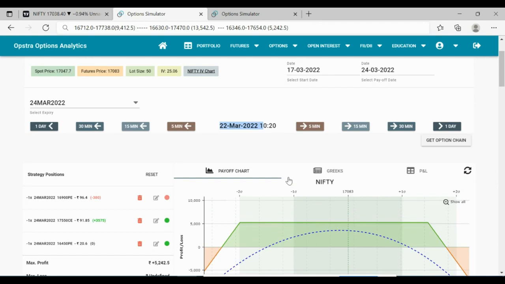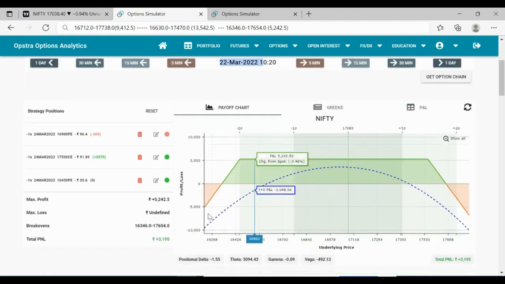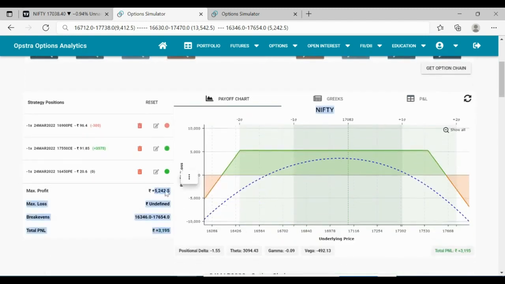Because the beauty, strength and core of a strangle is range. Why do people go for a strangle? Because they get a bigger range, compared to a straddle, which gives you a little range. The beauty of a strangle is it gives you more range than the straddle. So if you are able to increase the range by sacrificing some part of the profit, I think out of 10 trades, even if you win 7 to 8 trades in this triangle, you will end up making very good money rather than reducing the range and getting into loss-making trades.